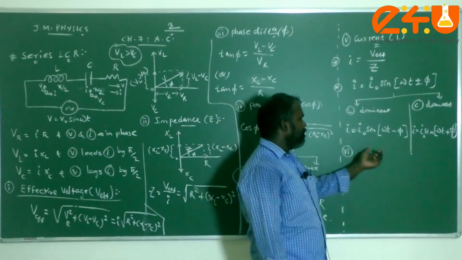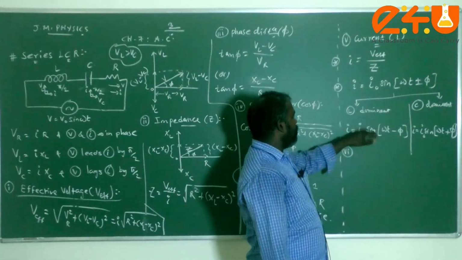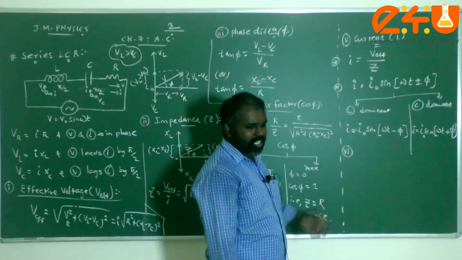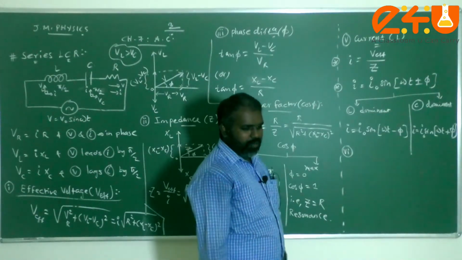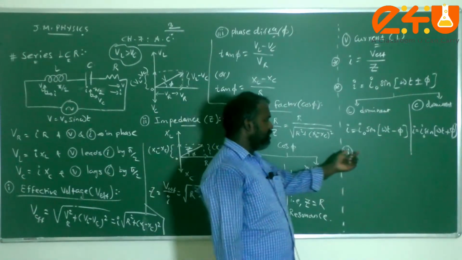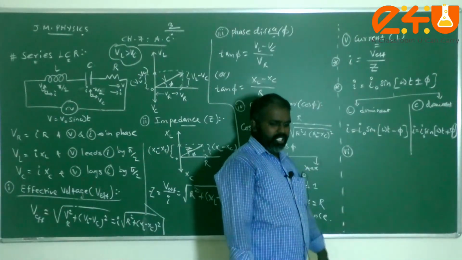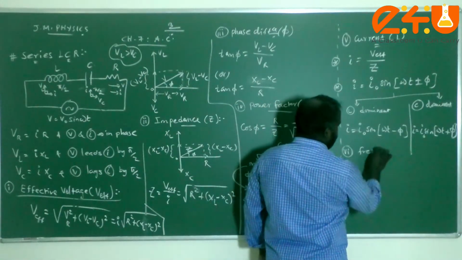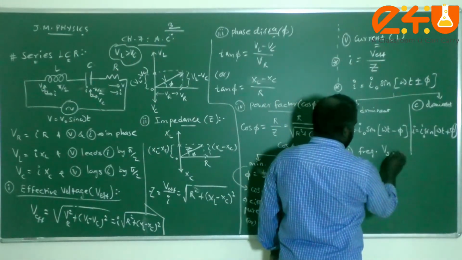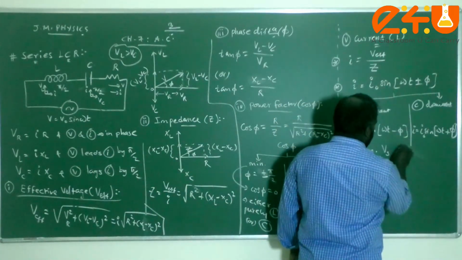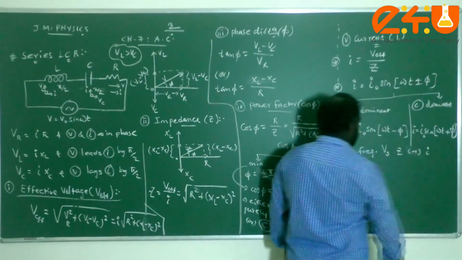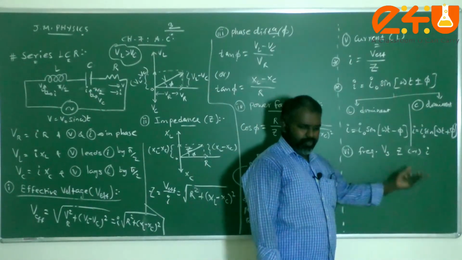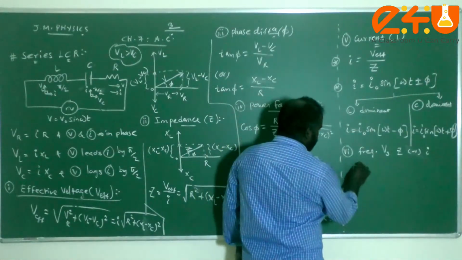And next one is the sixth parameter, the diagram. The current, the effective voltage and Z value, everything depends on what, children? Frequency of the applied source. So that will be discussed as a separate topic called resonance. But if you want to draw the graph of frequency versus Z or I, that is frequency versus impedance or frequency versus current graph, if you draw that, we can get the graph like this.